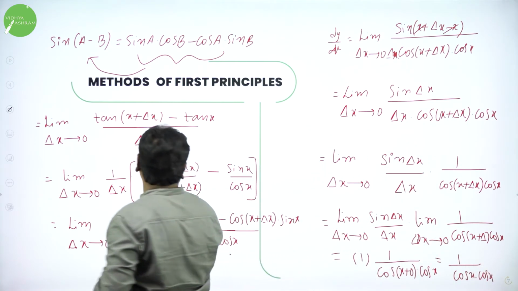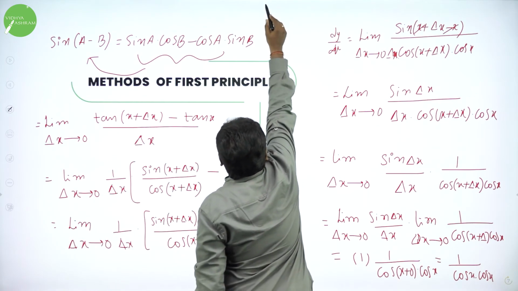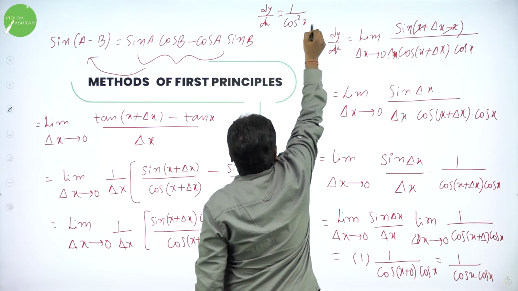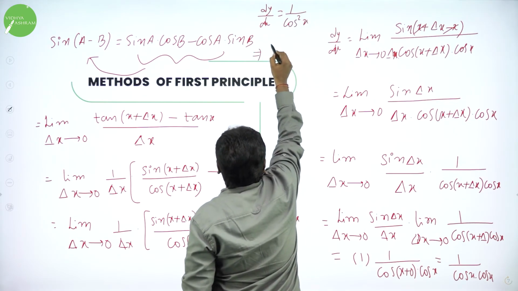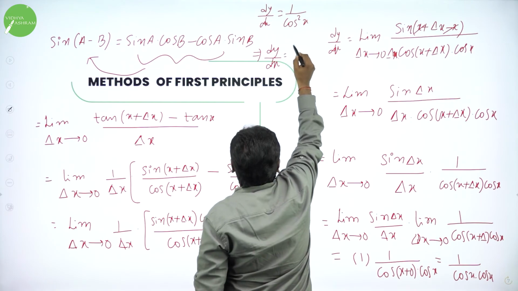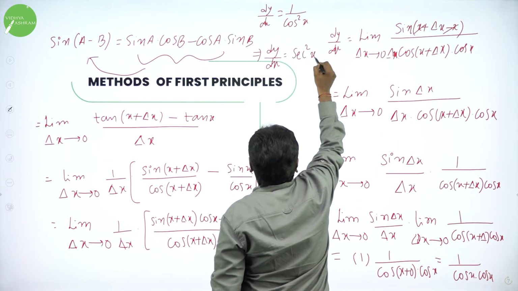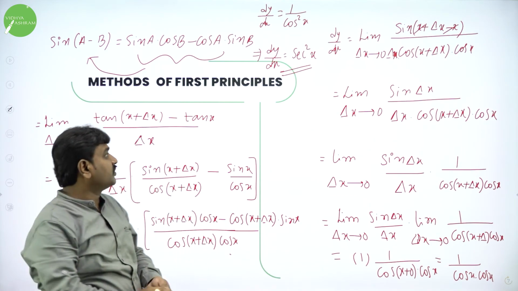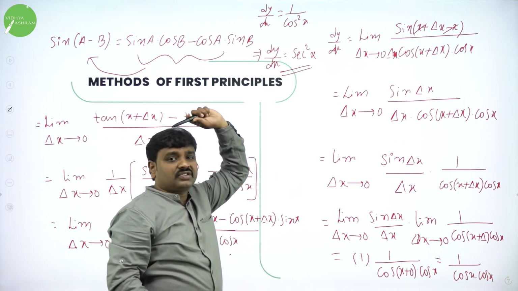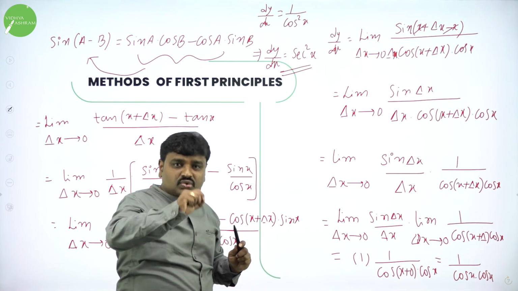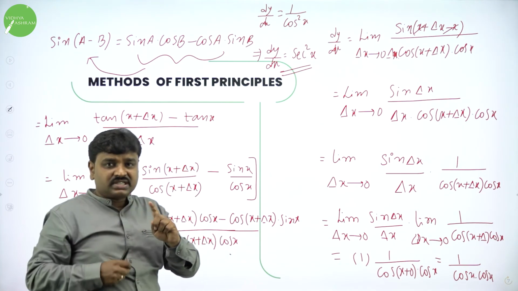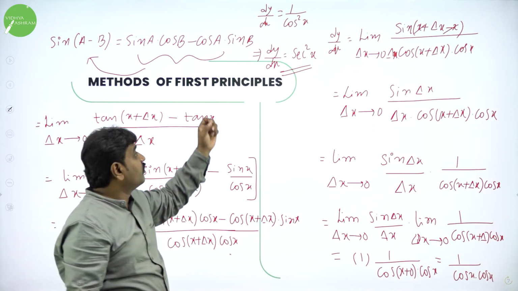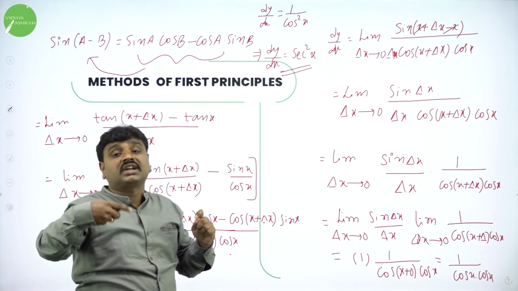So, we are left out with dy by dx, you got 1 by cos square x. All of you know cos is the reciprocal of what? Secant square. That implies finally dy by dx can be written as 1 by cos is what? Secant square x. So, we got the formula. So, dy by dx of tan x or differentiation of tan x gives you what? Secant square x. What is derivative of tan x? Secant square x. So, now I have done sin x. Then I gave a hint and I am asking you to do cos x by yourself. Now, I have done tan x and you can do cot x by yourself.